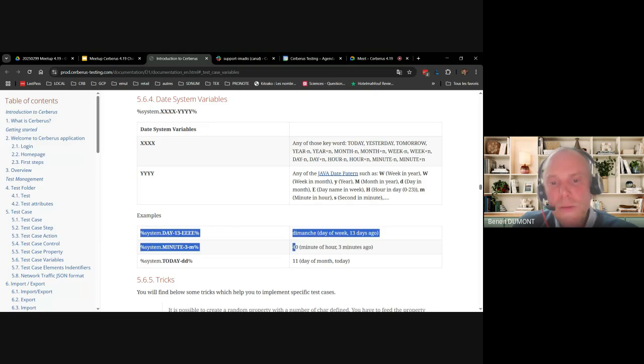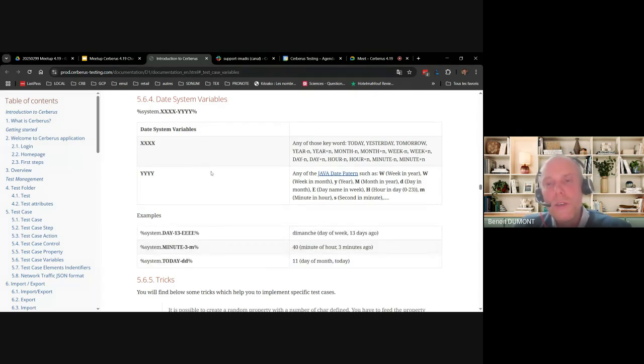So that way of putting the syntax, it still maintained all the previous system variables that were handling the days, but makes it a lot more generic, answering a lot more use cases without being forced to do some Groovy or JavaScript syntax that sometimes could be a bit tricky to maintain.